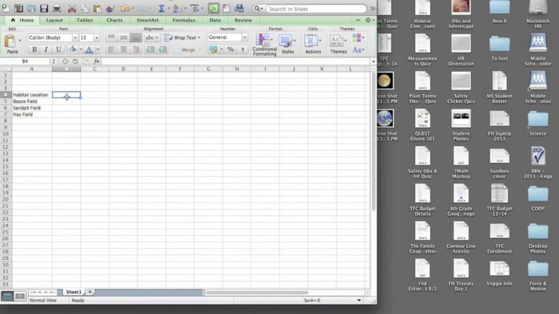Next you're going to have your trials: trial 1, trial 2, trial 3, trial 4, average, and standard deviation. And above that you're going to have a heading. In this case it's going to be soil temperature, and this is the dependent variable, and this is going to be in degrees